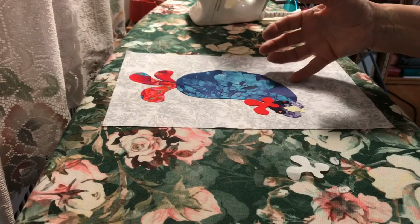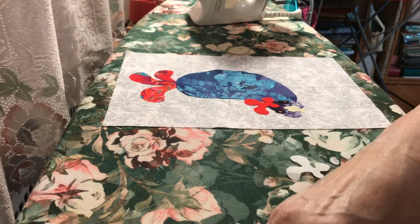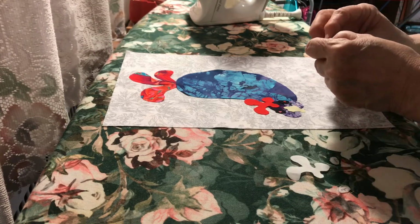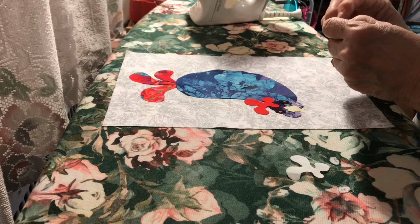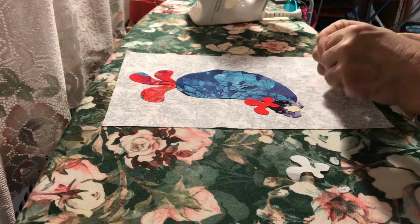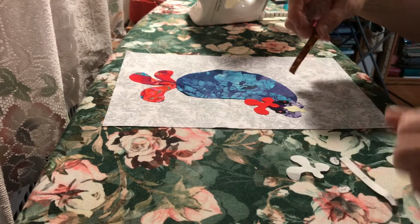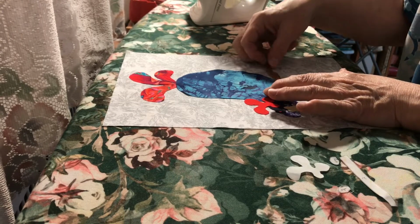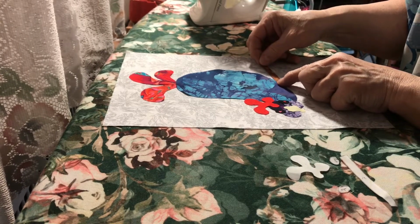Okay, now she's going to have her nest and then the eggs. So this is just a kind of sporadic thing that you lay down. See if I can get them apart. All right, so they're going to stick out like this, about like that, because their eggs are going to be covered on it. Whoops, because I don't let go of my finger. I think it needs to go over a little bit more,